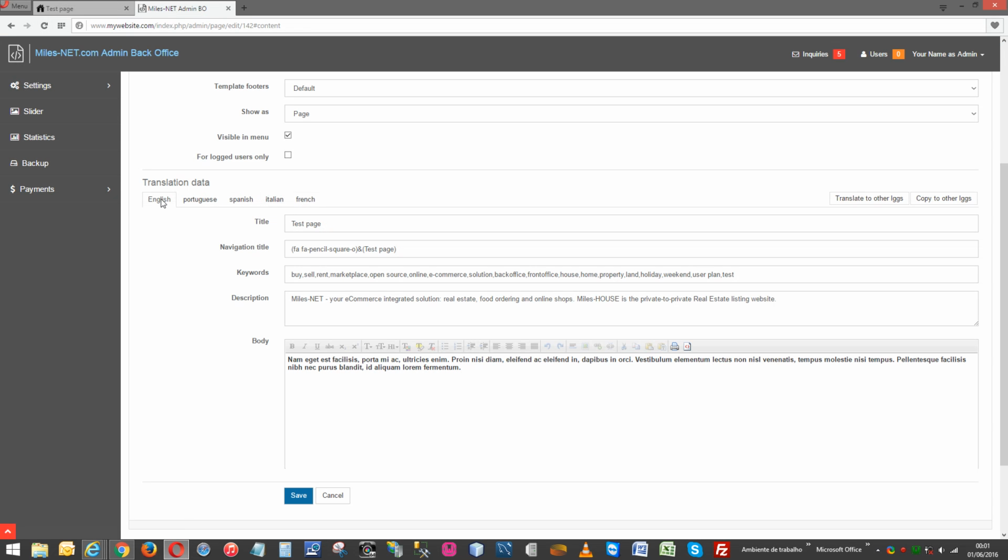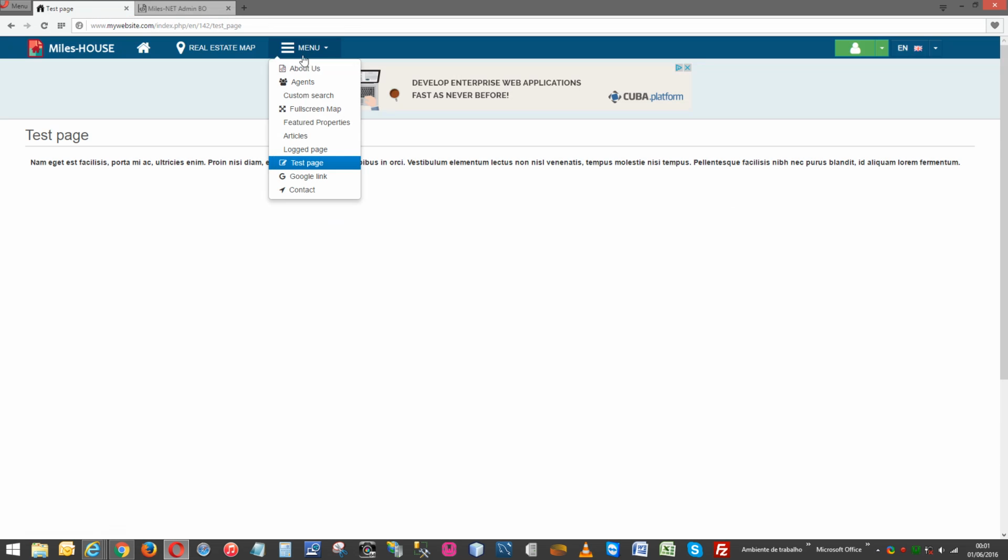That's why I told you it was important. First thing you do, you set up your package of language, and then you can do the CMS and the properties system the way it is, because everything is there ready for you to fulfill. So this is the title of the page, this is the navigation title, which is the title or the name which will appear on the menus, on the navigation, and here on top,